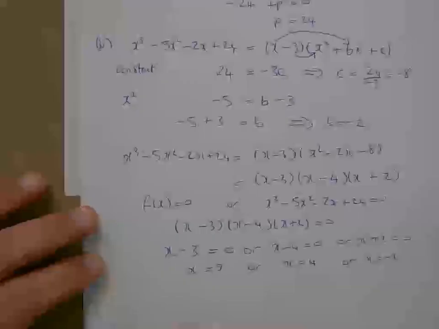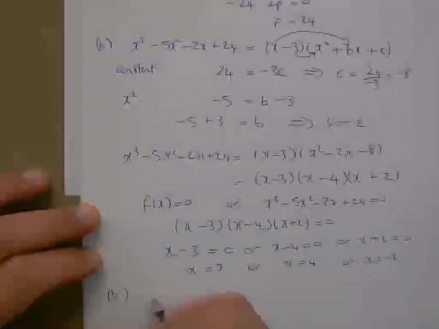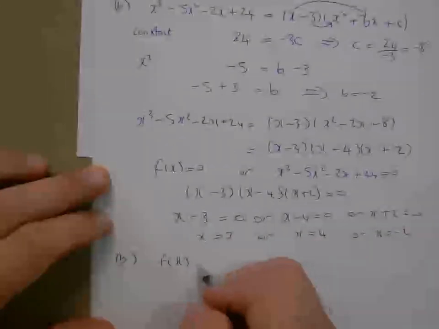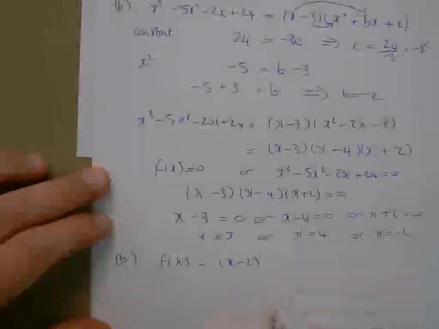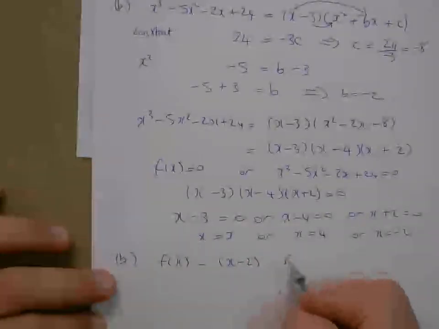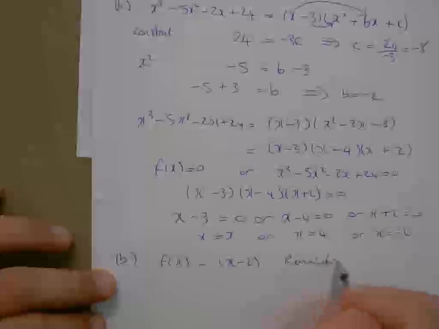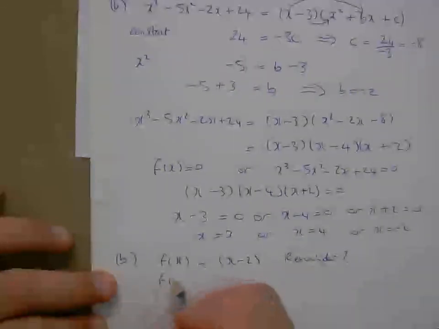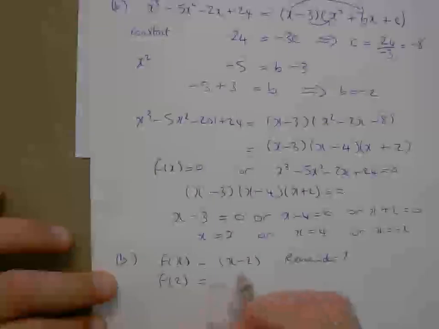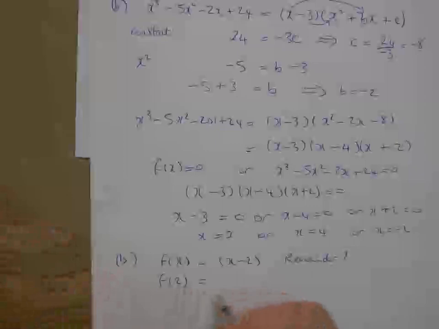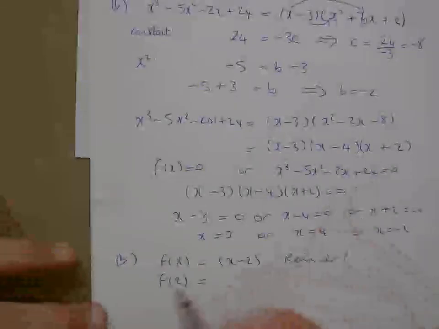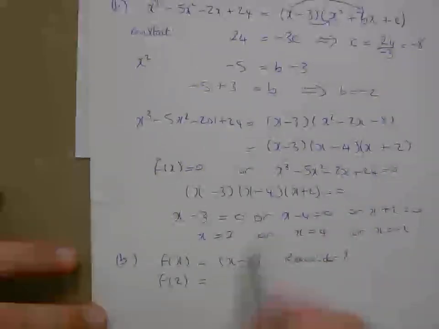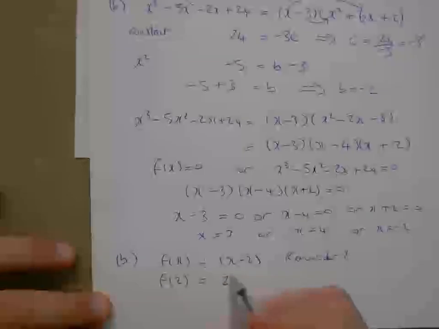Okay, part C says find the remainder when f of x is divided by x minus 2. Okay, so what is the remainder? Well, to get the remainder, just like before with the remainder theorem, you just work out what f of 2 is. Okay, so because it's minus 2 there, a in effect is 2, so we work out f of 2. Now it's not going to come out as 0, because this wasn't a factor. But what we'll do is we'll just put 2 now into my